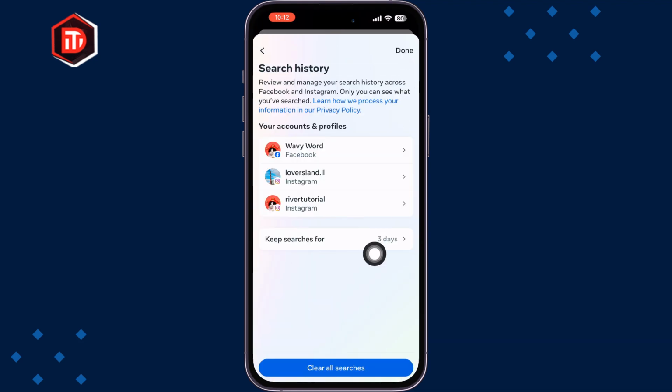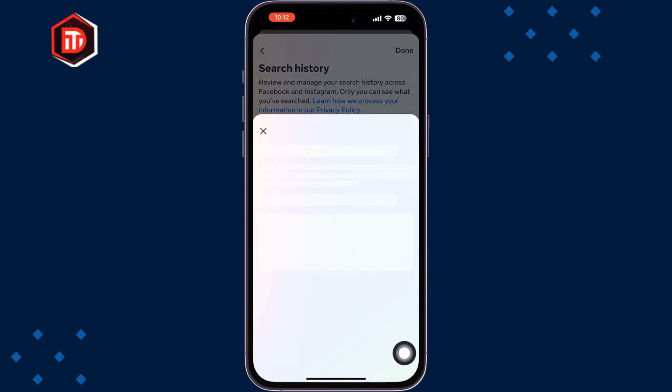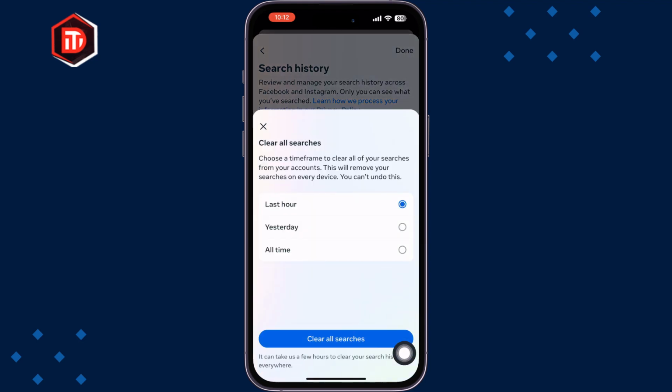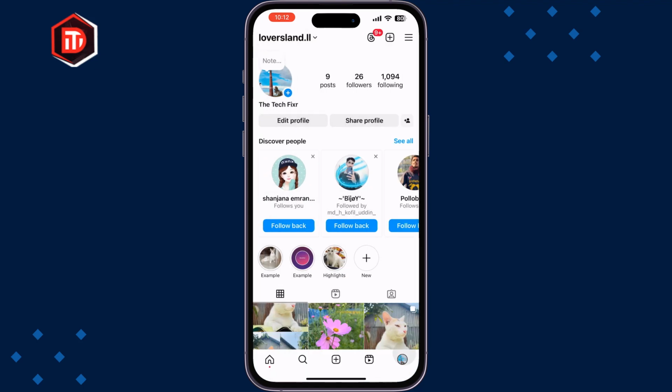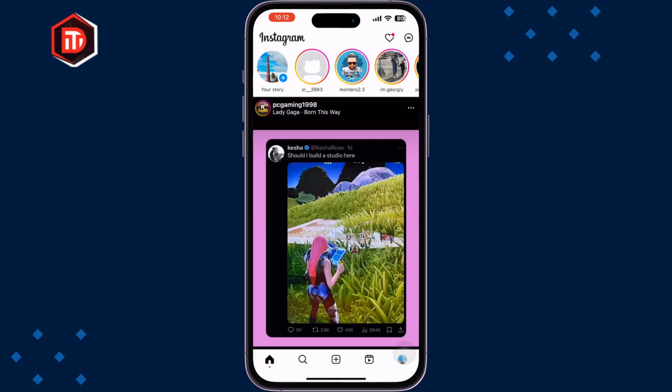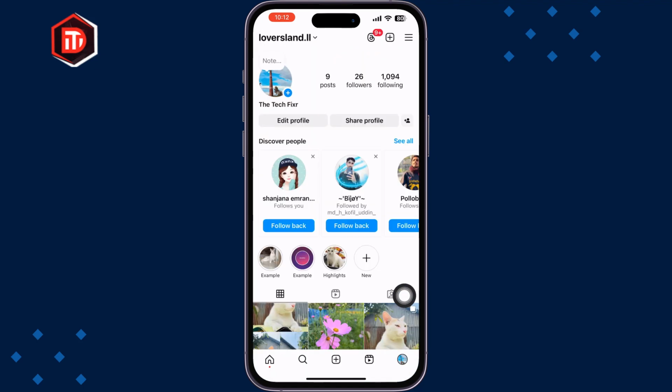And here tap on clear all searches and select all time, tap on clear all searches and this will clear all of your search histories. And in the second step, go to your Instagram profile again and tap on the menu icon at the top right